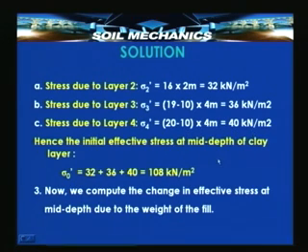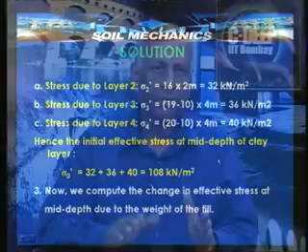This means that the initial effective stress before the application of the fill layer is the sum of these three effective stresses, that is 32 plus 36 plus 40, that is going to be 68 plus 40 or 108 kilonewtons per meter square. Now, this initial state of stress has a corresponding void ratio, and that is the starting level,